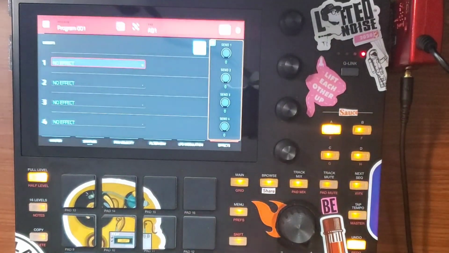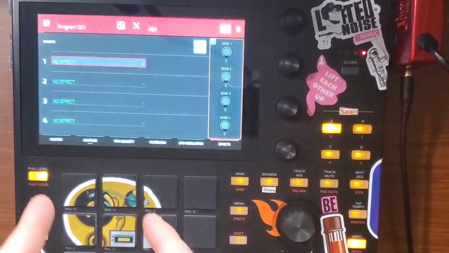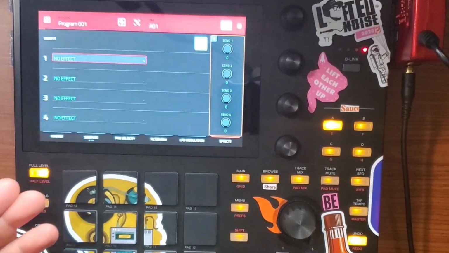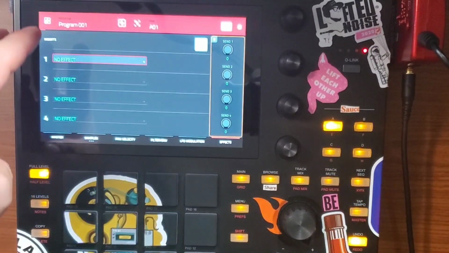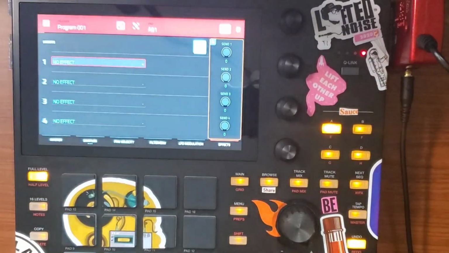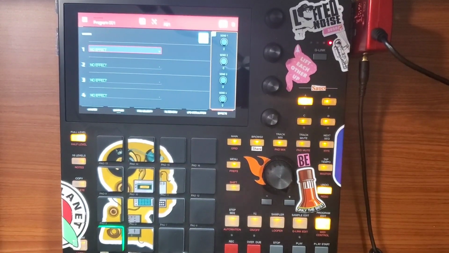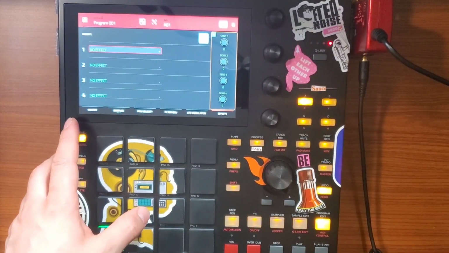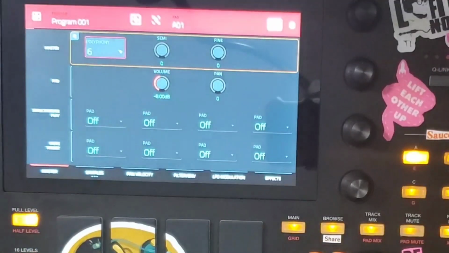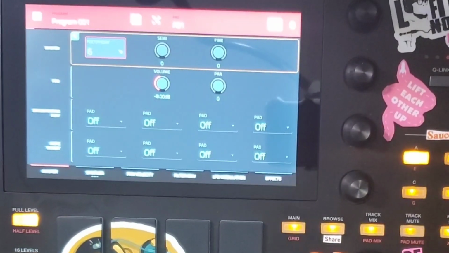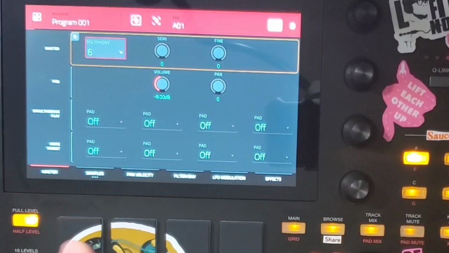You could do some panning there and some other stuff. But the main thing that I'm looking at, where you have an advantage with this more advanced technique, is within the effects, because I do have 4 inserts per pad, but those 4 inserts will affect all of the layers on that pad. So if I want more flexibility, I'm looking at using what is called simultaneous play. So in the master section here within your Program Edit,